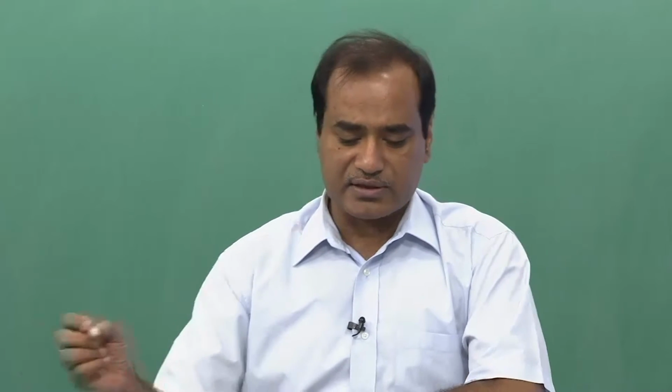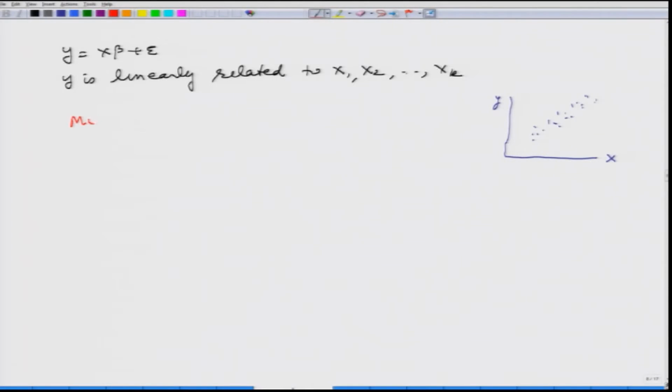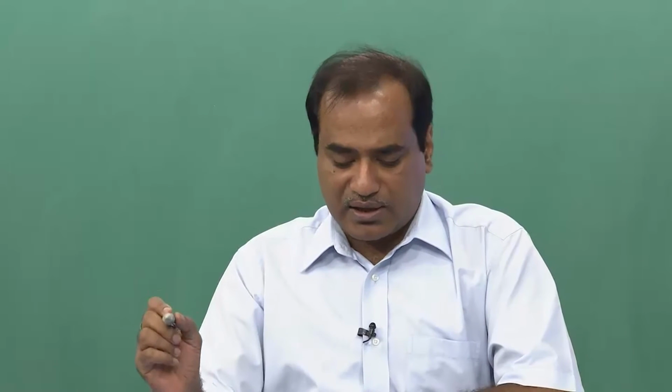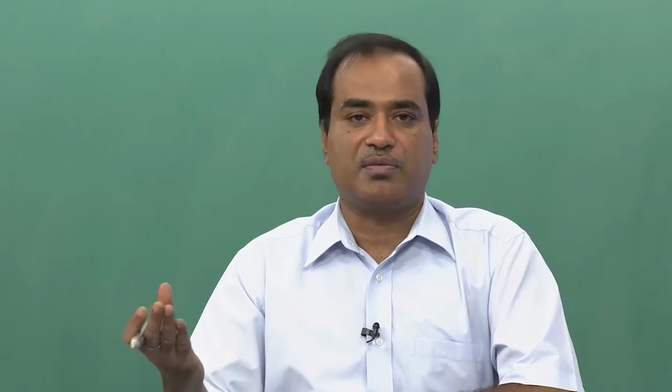So, in this case we take the help of the so called multiple scatter plot. Multiple scatter plots are not difficult to obtain, they are readily available in any software, and they essentially plot the scatter diagram among all the variables